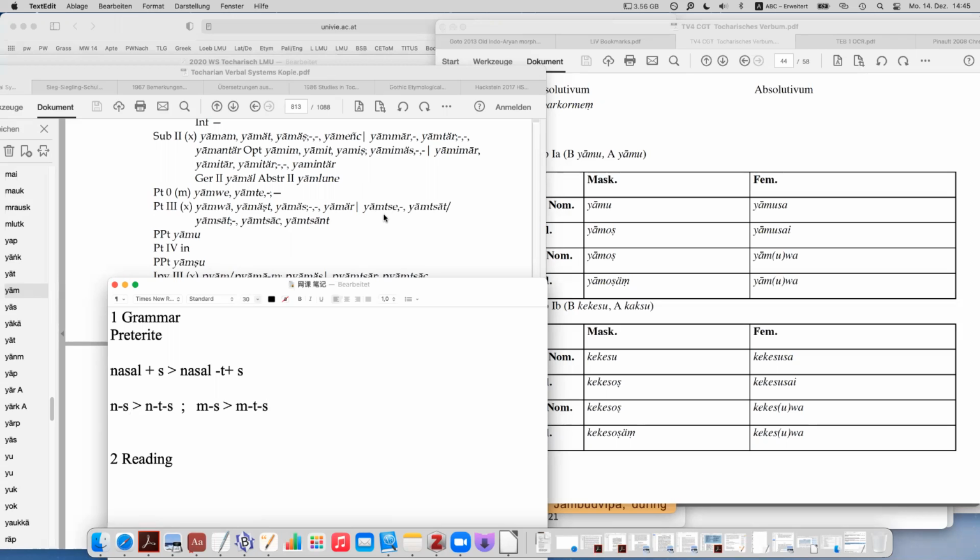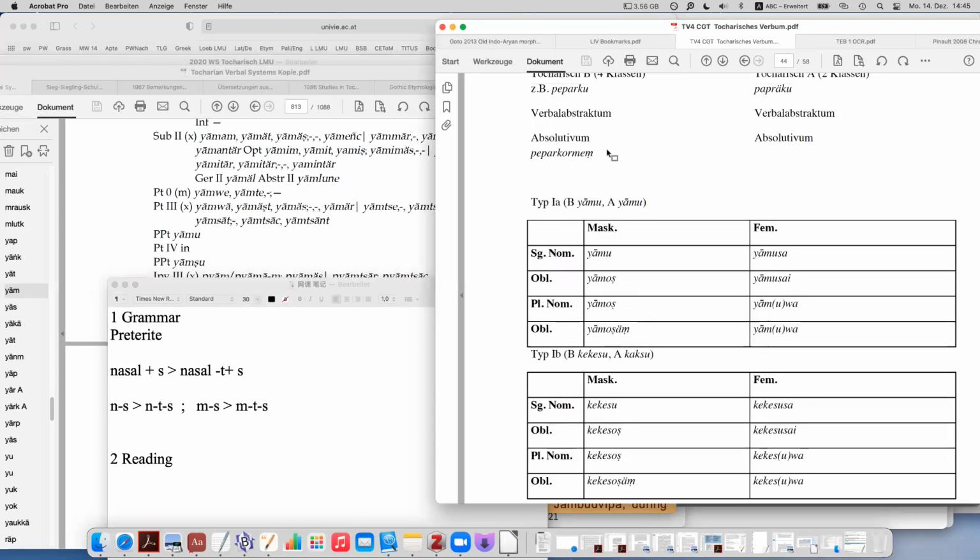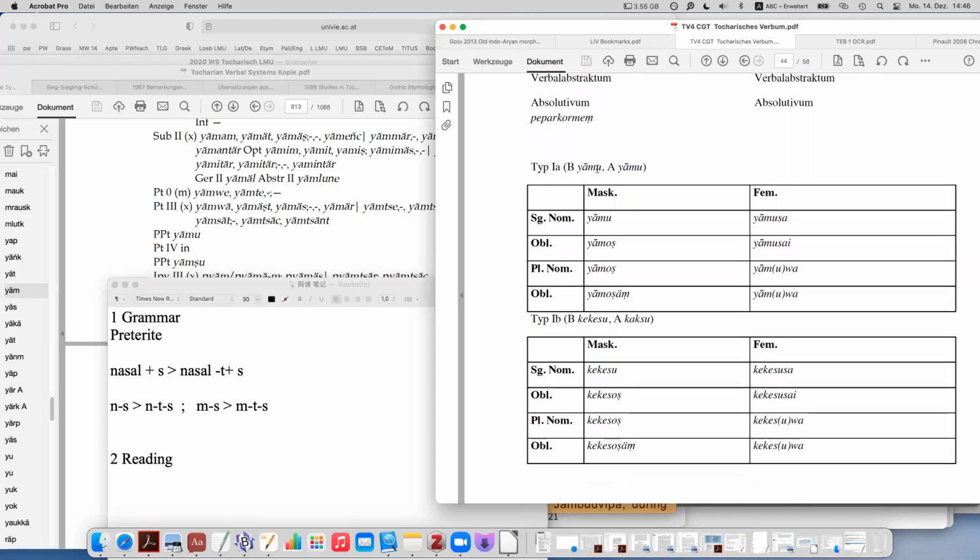So this is the reason why we have Yamce and Yamsat. But here we have Yamsat. But again, here you have a Yamsach. Okay, so let's come back to the participle. The participle of yam, make, is yamu. It's kind of an adjective, and of course you can build other forms. So this is actually nominative singular, and then you can get ablative.